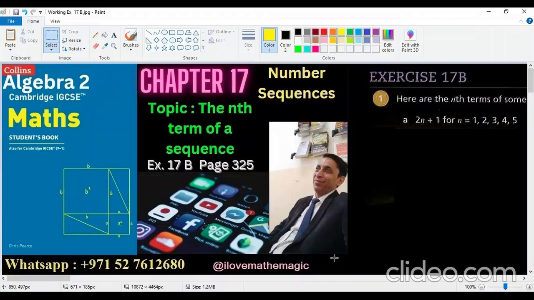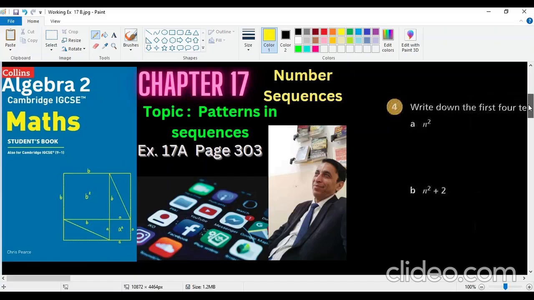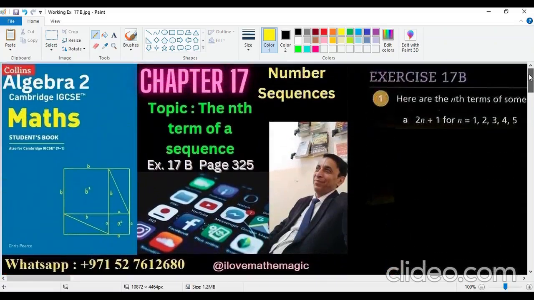Thank you. Hello everyone. This is exercise 17b that you can find on page 325 if you have a textbook with you. And in this exercise, we are going to learn about the nth term of a sequence. In exercise 17a, I explained how patterns are made in certain sequences and how to identify them. In this exercise 17b, we are going to learn about the nth term. What does nth term mean and how does it work? Let's see how